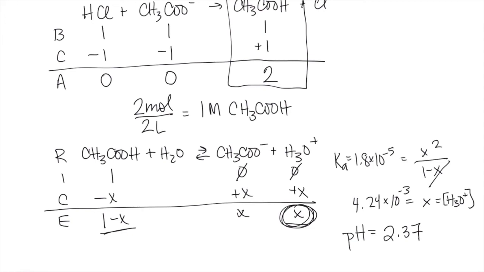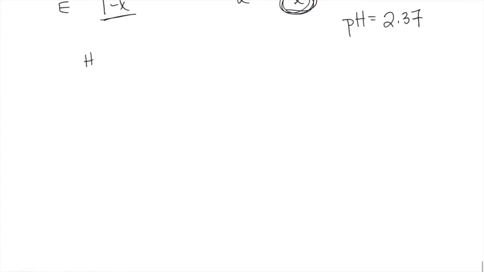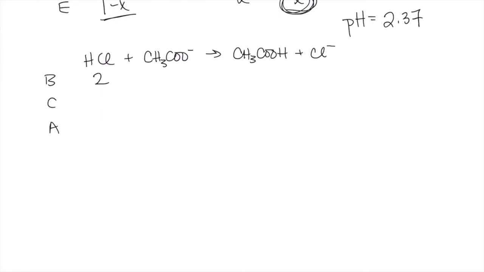Third situation, we add so much acid that we completely obliterate the buffer. We don't have any of those guys left. We're going to have excess acid. Okay, so in this case now, I've got HCl. It's reacting with the base from the buffer, the acetate. It's going to make the conjugate acid, acetic acid, and Cl-. This time I'm going to have 2 moles of the HCl and 1 mole of my buffer, 1 mole of each of these. And I'm going to react it stoichiometrically. There's only 1 mole to react. So I'm going to end up with